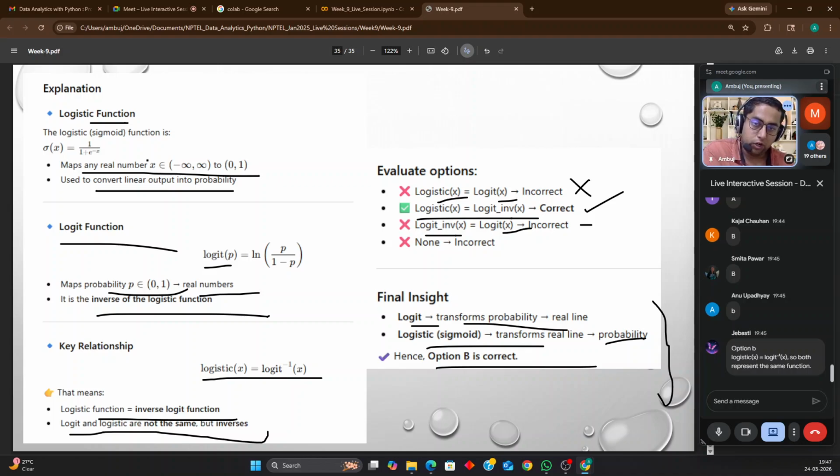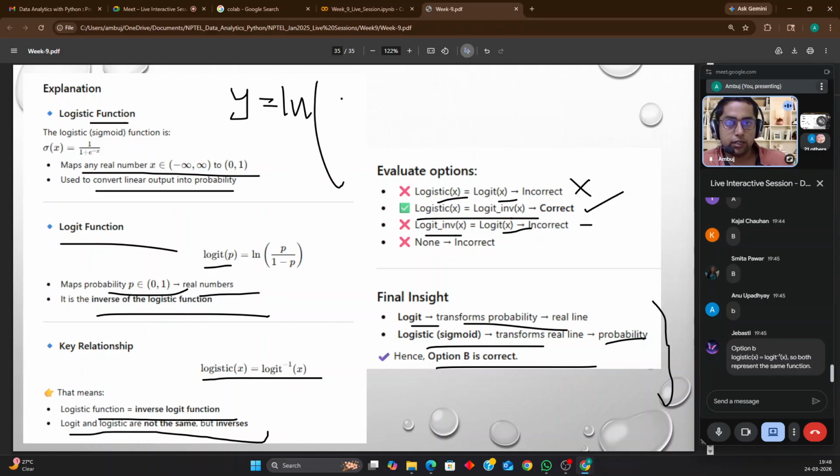So you try to remember the logistic function is the inverse of your logit function. Then you can very easily prove it also, if you are interested. Just write down the logit function, write down the inverse of this particular function, and try to take it as y. So very easily you can prove